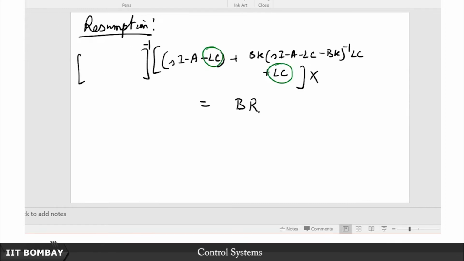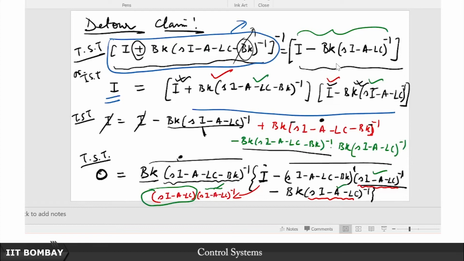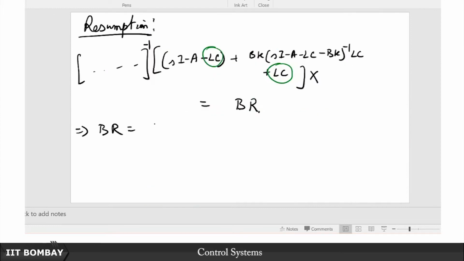But what do I know about that whole fellow's inverse? I am not writing that expression here, but in the next step I am going to write what that inverse is from what I have just derived. So this inverse is nothing but I minus bk times (Si minus A minus Lc) inverse. So then br is I minus bk times (Si minus A minus Lc) whole inverse times Si minus A minus Lc